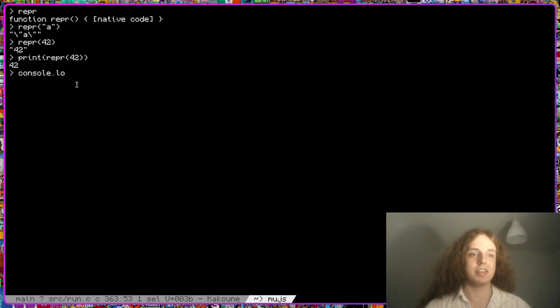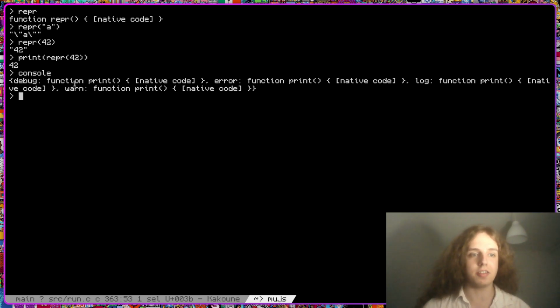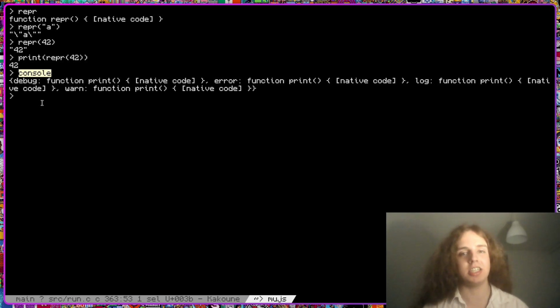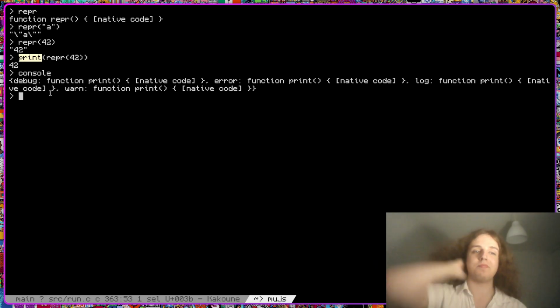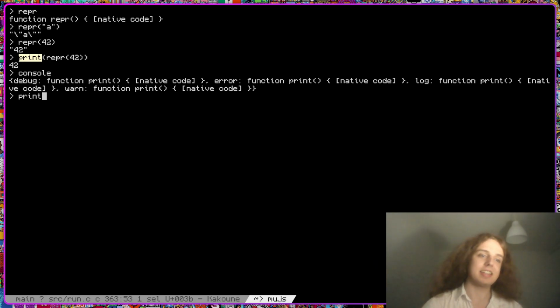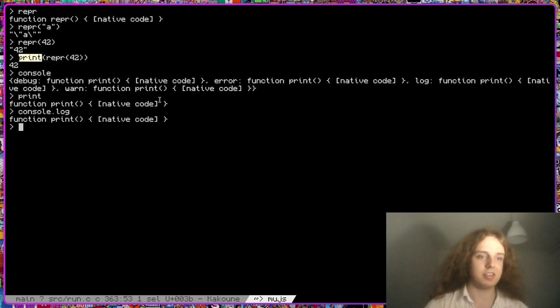I find it pretty funny: console is an object like in JavaScript that contains the debug, error, warn, log, info functions, and those are just pointing towards print, which is kind of funny.